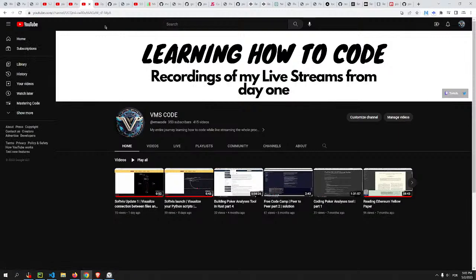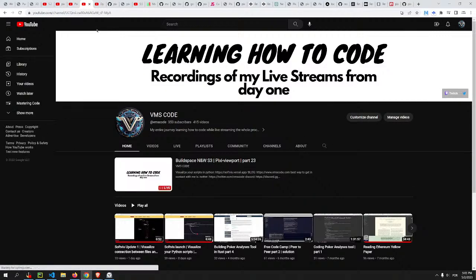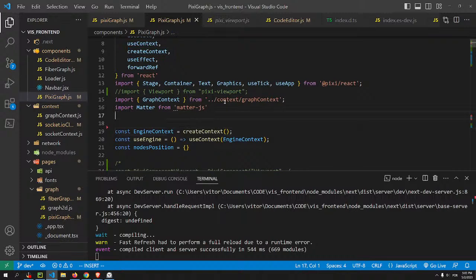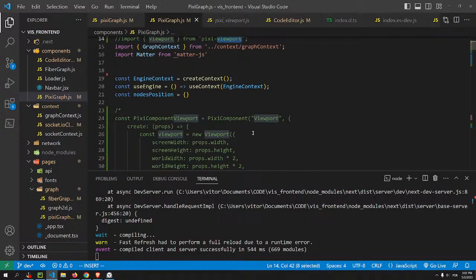I've been trying to make the viewport work, the Pixi-viewport library, but it doesn't work because it uses the window. So we tried to implement dynamic imports, but then it imports as a component and not a class. So what I'm going to try to do now is copy the files manually and then try to use the